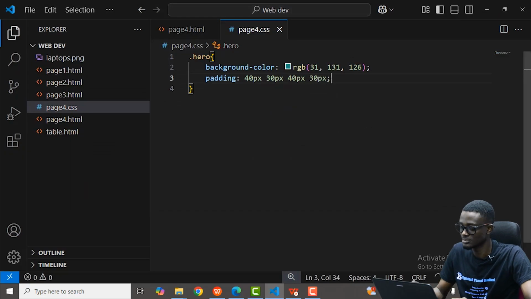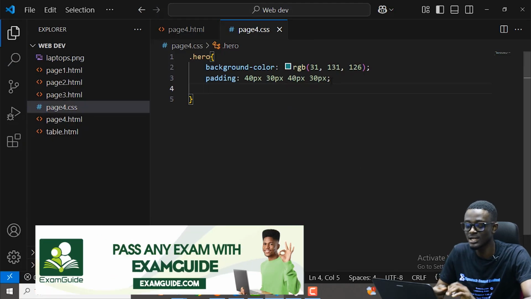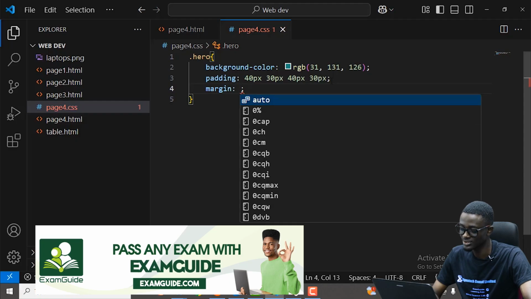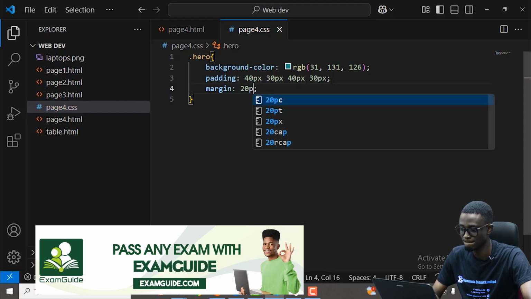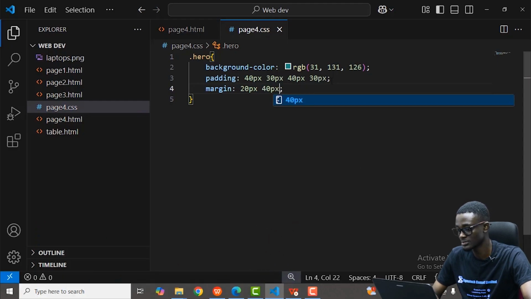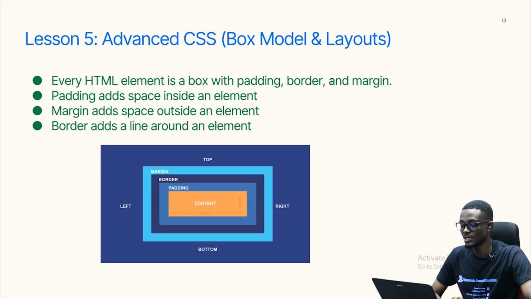The same method I use in adding my padding, I can use the same method in adding my margin. So it starts from the top. I'll say my top should be 20 pixels. Then my right should be, let me say 40 pixels this time. Bottom also 20 pixels, and my left should be 40 pixels. So we get this